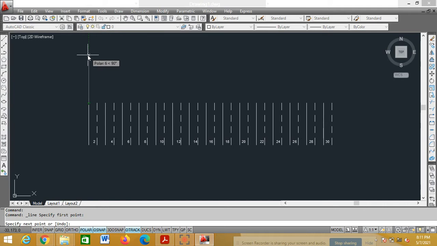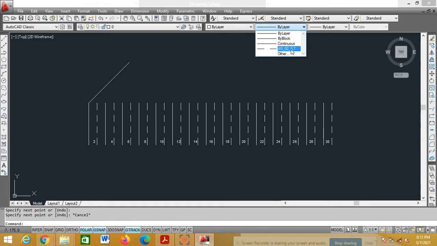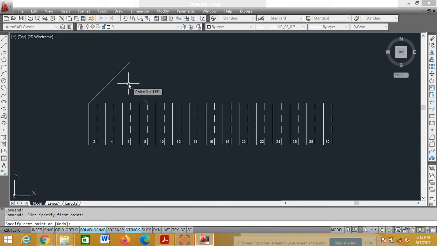It will show 90 degree, 90 plus 45, 180 plus 45, like this. 45 degree angles it will show. Now 45 degree, leave it here. Now change it to dotted line. So 1 is connected to 8. From 8 I should connect a dotted line. Draw line, go to 8, end point of 8. So here 45 degree angle it is showing. Draw a line. So it is intersecting this line.